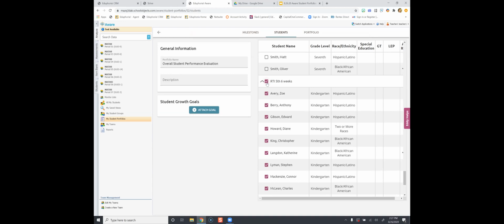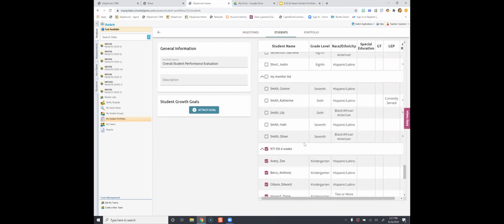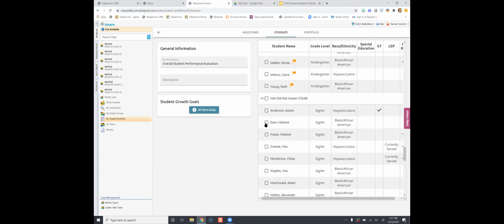Maybe your goal is for your kids who become tier 2 RTI kids to show significant growth, which would be a great goal, by the way, in a particular area. And so then you would, again, assign this to your RTI group for the 9 weeks where you're providing that instruction. And so again, I can do that, or I can simply handpick kids who are kind of spread out